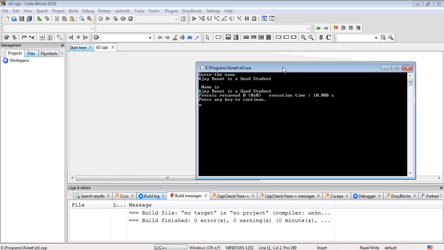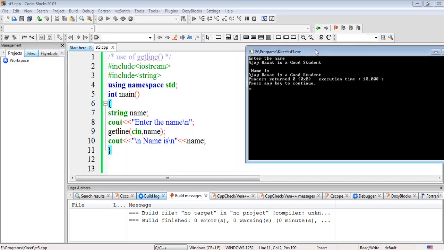It has read all the characters, including the white spaces. Getline will terminate only when a new line character is encountered. Till then it will read all the characters, including the white spaces that you provide.